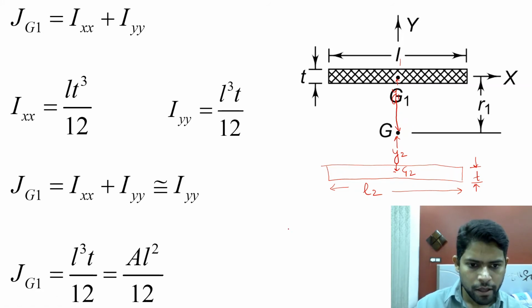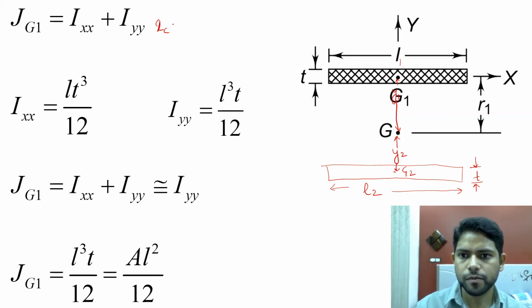Now first of all, for calculating the x coordinate of the centroid of this weld, we would normally use the formula summation of AiXi upon summation of Ai. But since we have to assume the weld as a line, we will use this formula, which is summation of LiXi upon summation of Li.